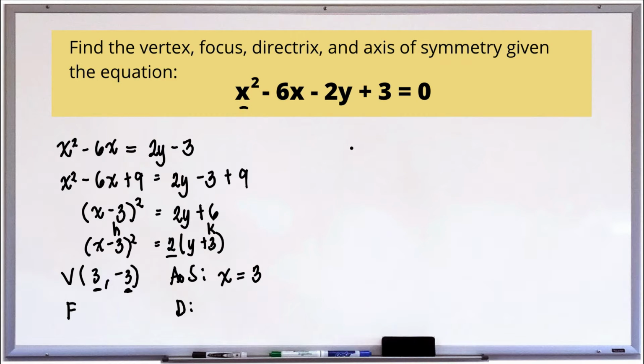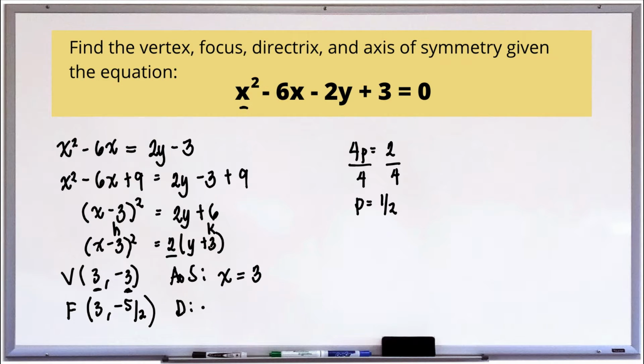Let us solve first the value of p, which will give us 1/2, then add it to y coordinate so that our focus is 3